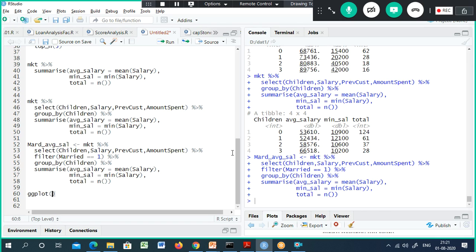So I'm using ggplot now. I'm going to use this one. I'll copy paste. This is my first argument. My first argument is supposed to be the data frame name. And here I'm going to specify another component, the first component of ggplot. ggplot stands for grammar of graphics. Grammar of graphics. Please remember this.